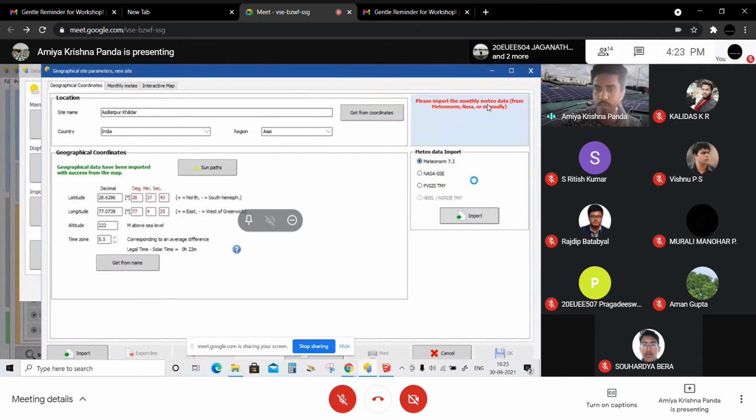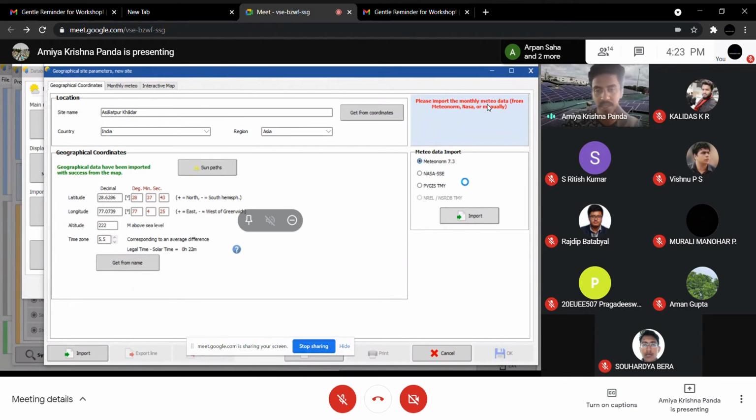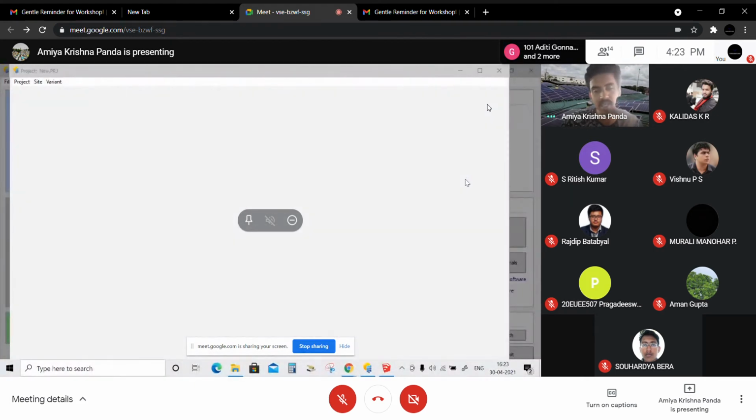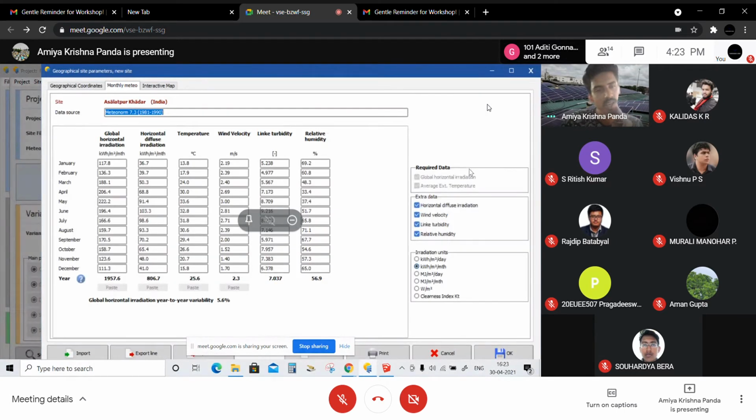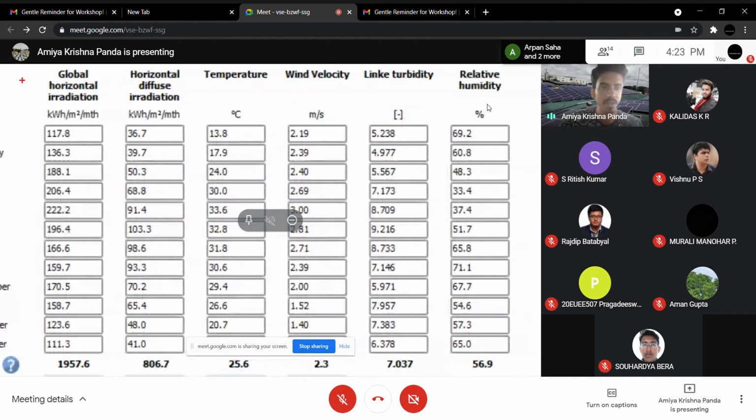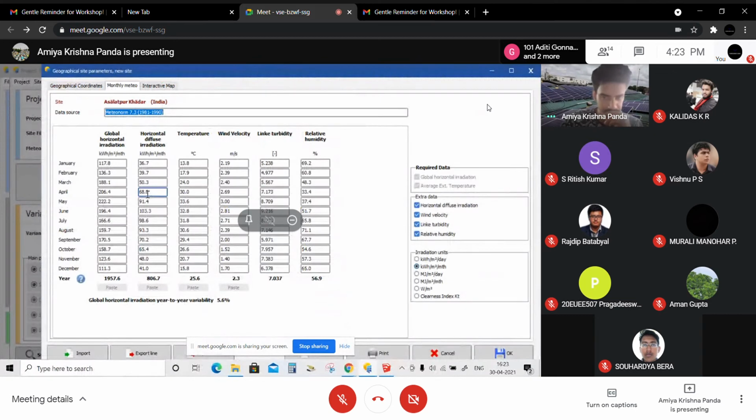When you click on import, it will take time and gather the data from the database of solar radiation, and you can see this is the basic data. Now this is the horizontal, diffuse, temperature, wind velocity, link turbidity, relative humidity. So these details are there.